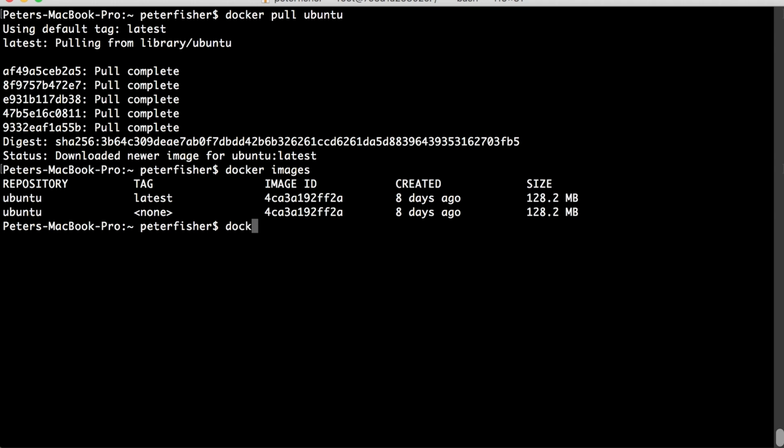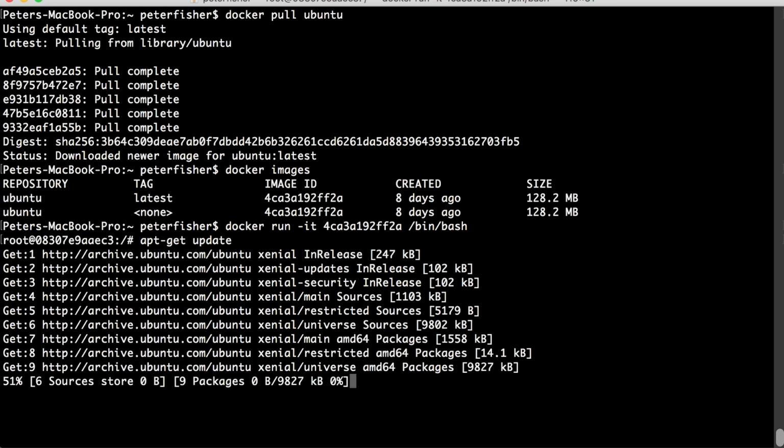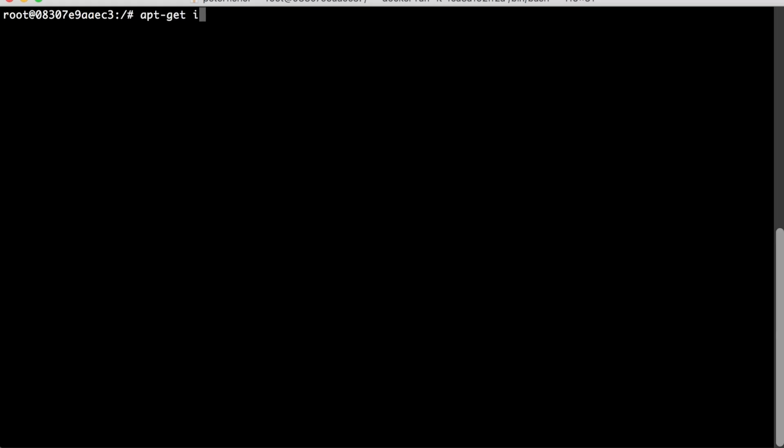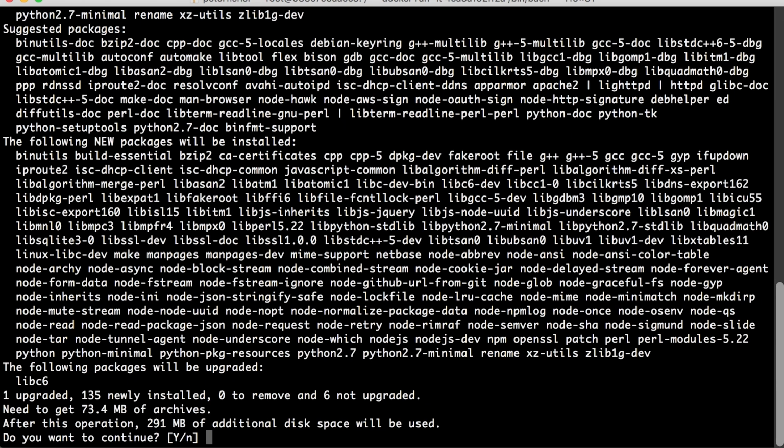So the first thing we do is docker run -it, and we've got the image ID here, and we're going to go in as /bin/bash. This will take me into a shell, which it does, and what I can do is do an apt-get update. So that's going to update the sources, and if I just do a clear, I'm going to do apt-get install npm, because this is something I use quite frequently. So if we go yes,